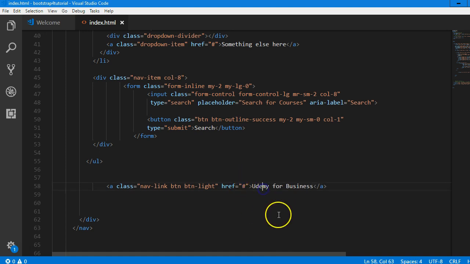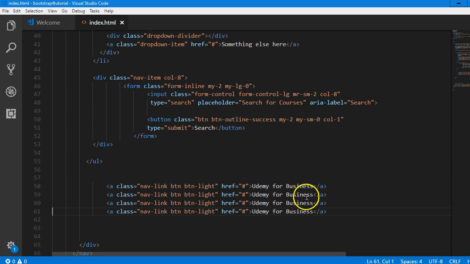I'll duplicate this 4 times. So press Control on your keyboard, press C on this line, then press V 3 times, 1, 2, 3. So become an instructor, become an instructor, an instructor. So this one is supposed to be a button. So this one is supposed to be a sign up, login, sign up. I think